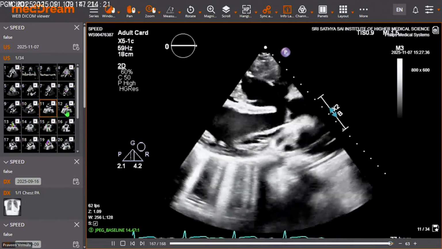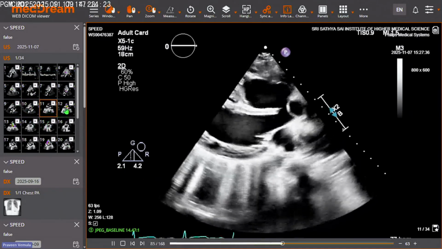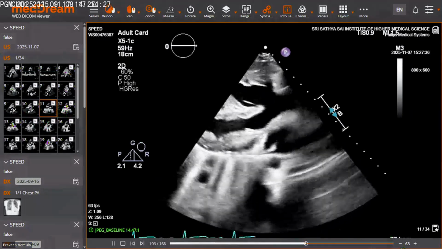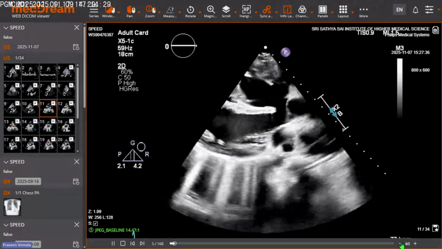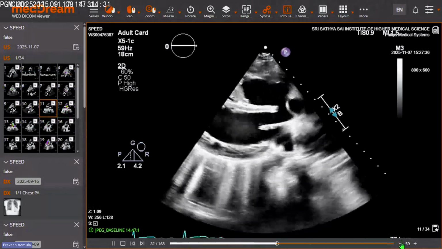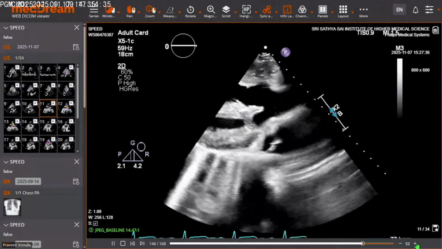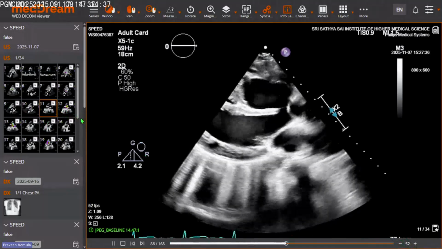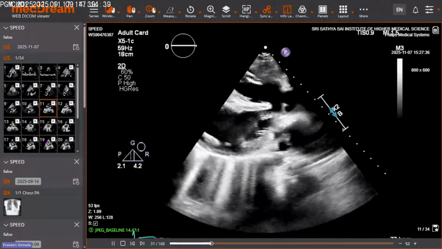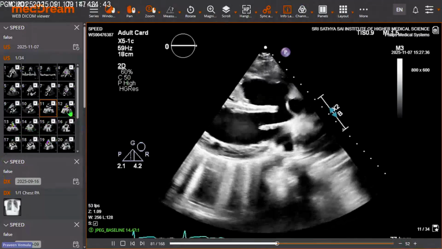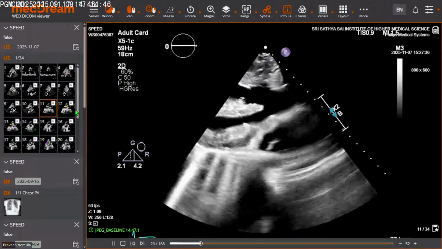This is parasternal long axis, showing a large ventricular septal defect with overriding of the aorta. Overriding is around 50%. Aortomitral continuity is still present, preserved. So most likely,